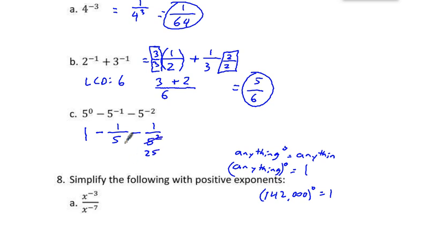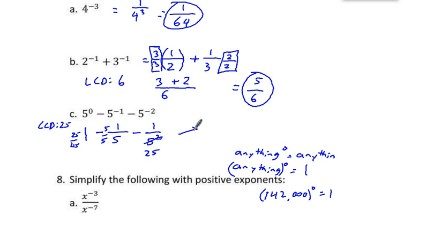And we now need a least common denominator. That least common denominator is going to be 25. So every term is going to be multiplied by the missing factors in the denominator. The second one is going to be multiplied by 5 over 5. The first one will be multiplied by 25 over 25,